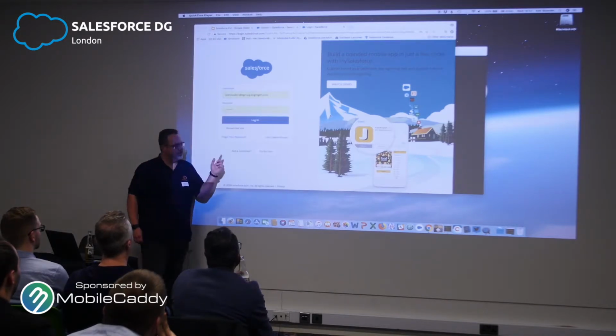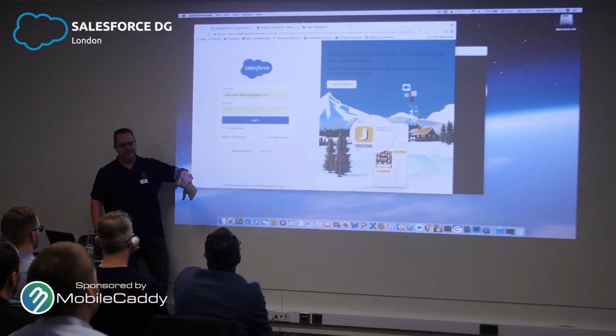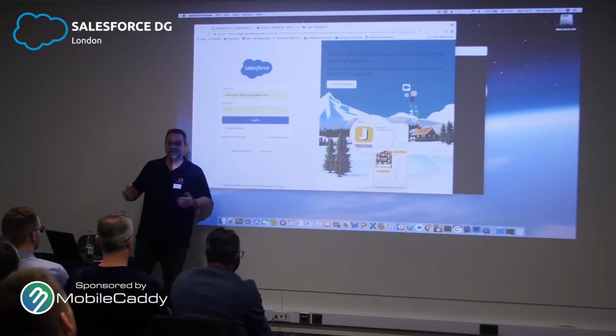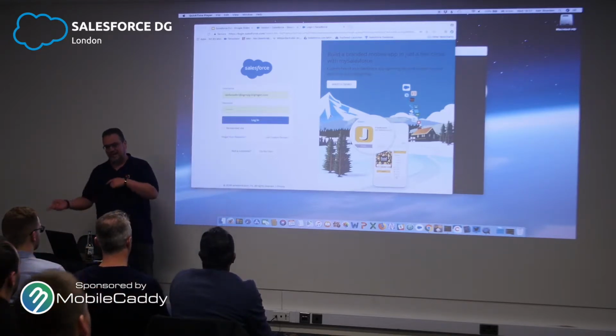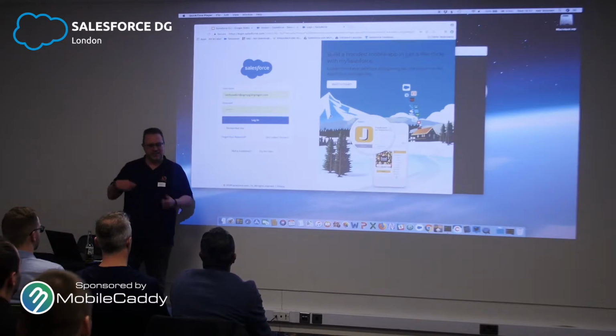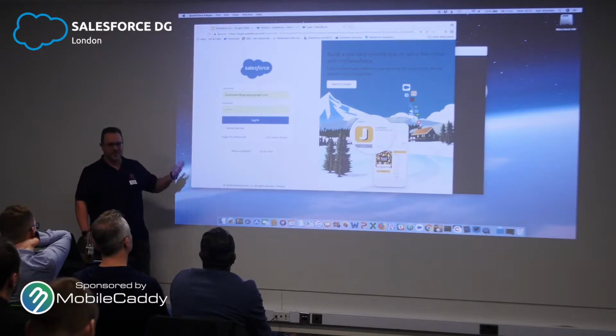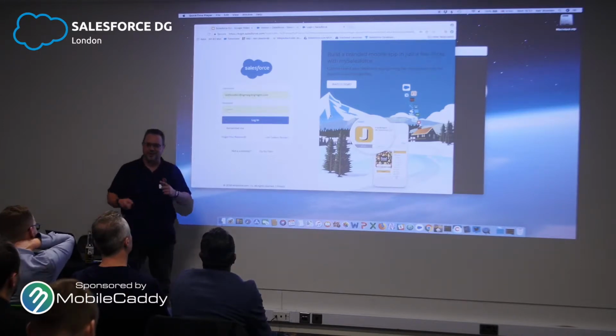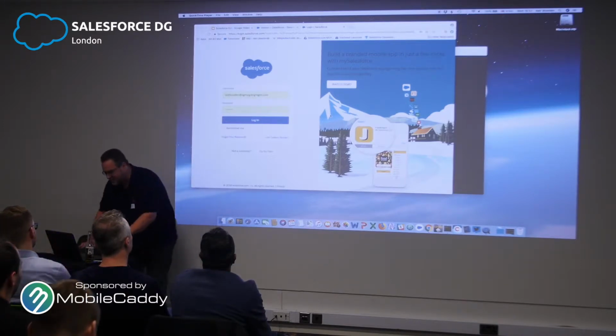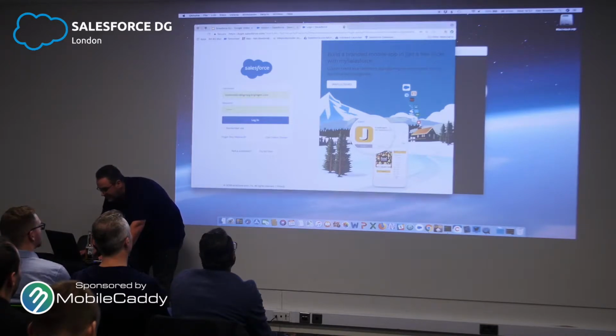Yeah, so the ugliest bit of this was that this will then take me into the org, and I'm logged in at that point in time. And I have to remember to go back to the command line and check that it's happy with my login. That's kind of the slightly ugly thing, because what normally happens is I end up in the org, and I think, oh, I need to do something while I'm here. I'll go off and I'll forget all about the fact I'm just supposed to be authorised in the org. But having authorised the org,